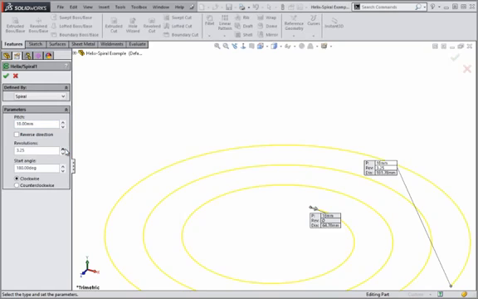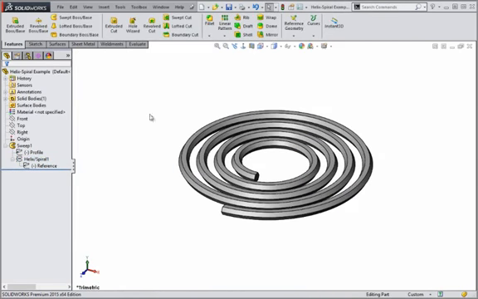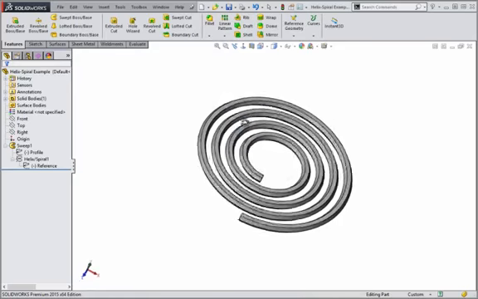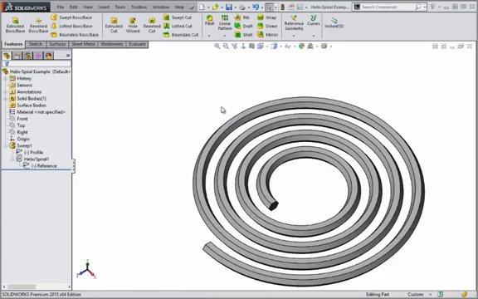As with the helix, spirals use pitch and revolution values for their definitions. The difference is that the pitch stays in line with the sketch plane rather than normal to it. When I click OK, you can see that the sweep is maintained and that only the path has changed. In the next lesson, you'll learn about